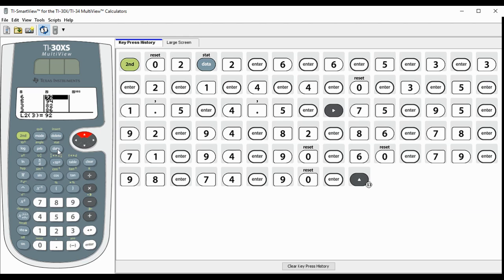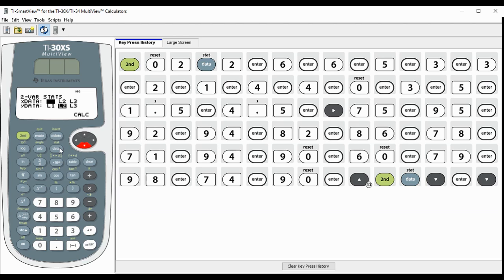So again, just like with univariate, we're going to go to second stat, but this time instead of 1 variable stats, we're going to go to 2 variable because we're working with 2 variables. Then our X data is in list 1, our Y data is in list 2, and then we want to calculate. Now this is going to give us all that we need. So again, we can see that the average hours of study is 3.3. We're going to scroll on down,